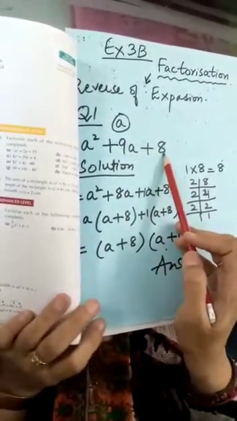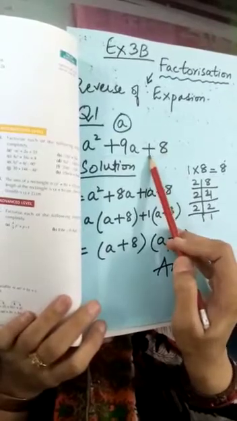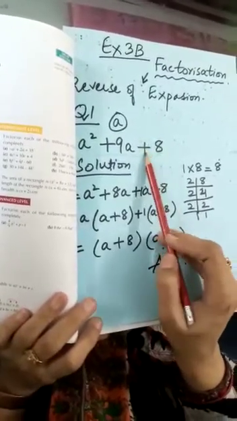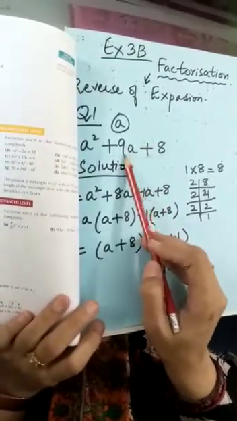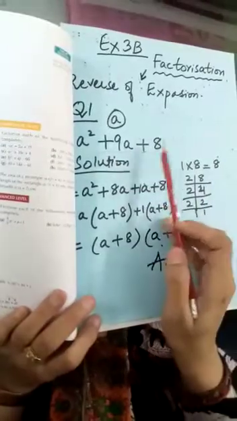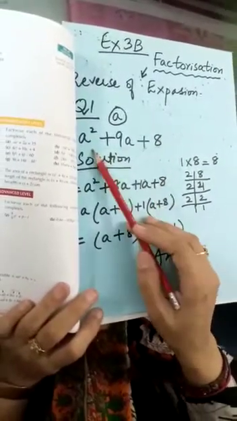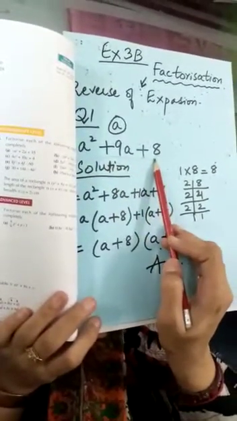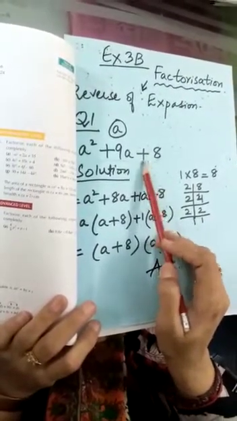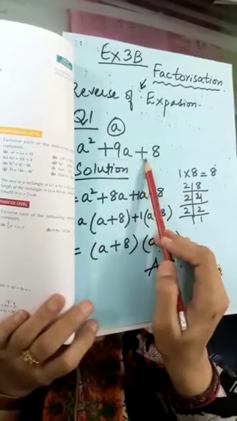Now what will you do? You will just check the sign before the third term, whether a plus sign or a minus sign is there. If the plus sign is there, you will add for the middle term. If the minus sign is there, then it is a different story; I will tell you in the next class. The first thing is that all the expressions are in plus sign, and the last third number is in plus sign. Before 8, the plus sign is there.